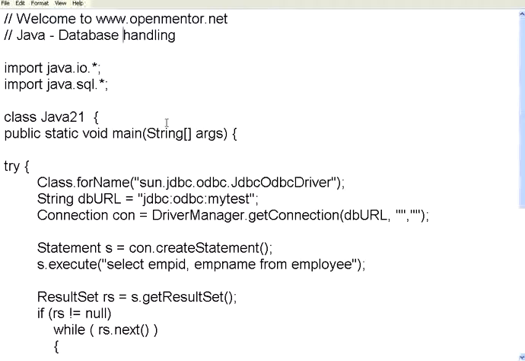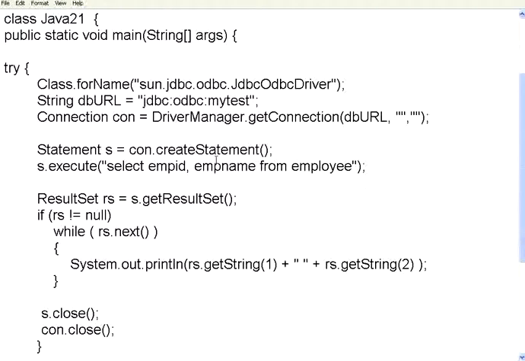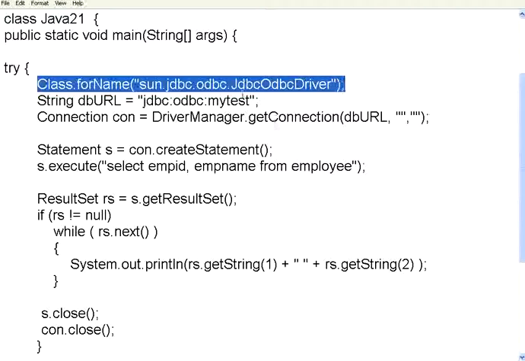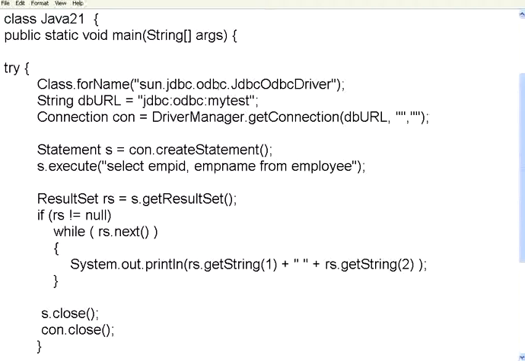To handle databases, the first thing you need to do is import java.sql.*. This is the fundamental library we need to import, and we are using the JDBC-ODBC driver. Look at this statement. It refers to a predefined driver class. When we say Class.forName, it loads that particular class into memory. Typically a static class will already be loaded in memory, whereas when you say Class.forName, the JVM dynamically loads